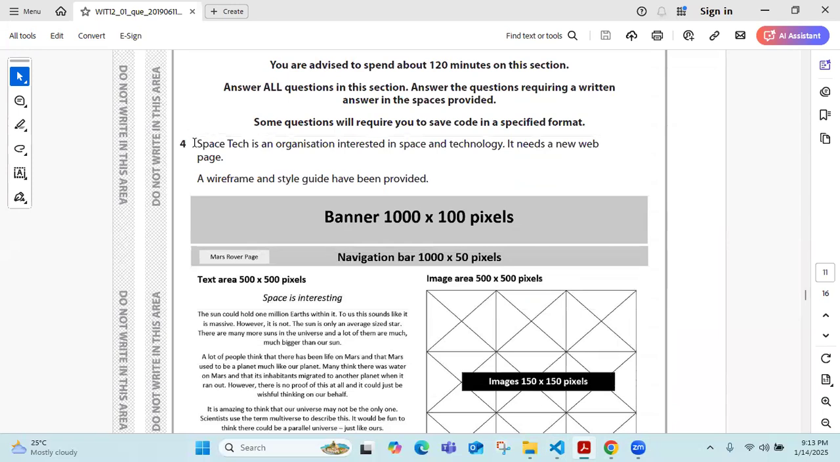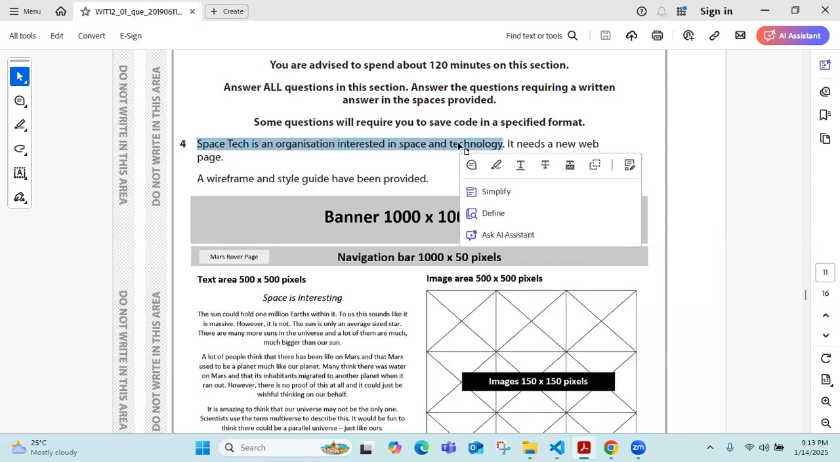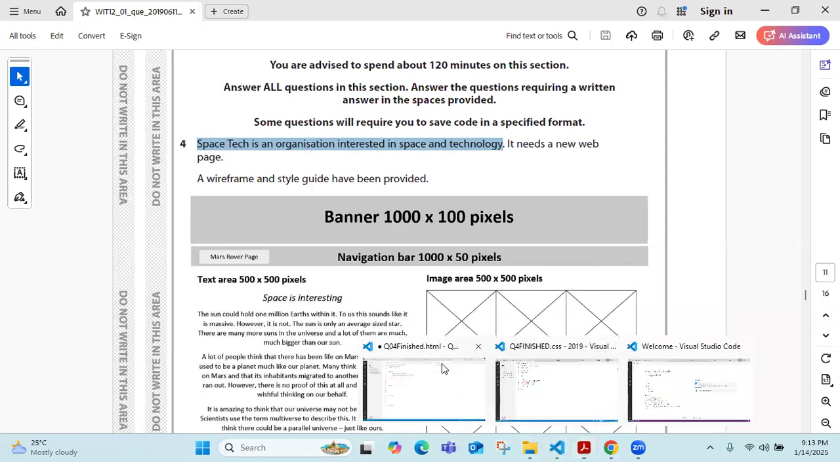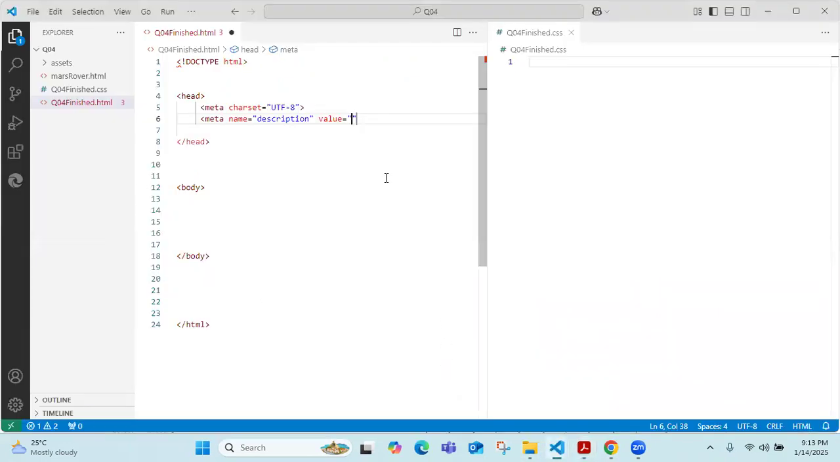Space Tech is an organization interested in space and technology. So in the description you have to say this part here. Then we will say, the official web page for